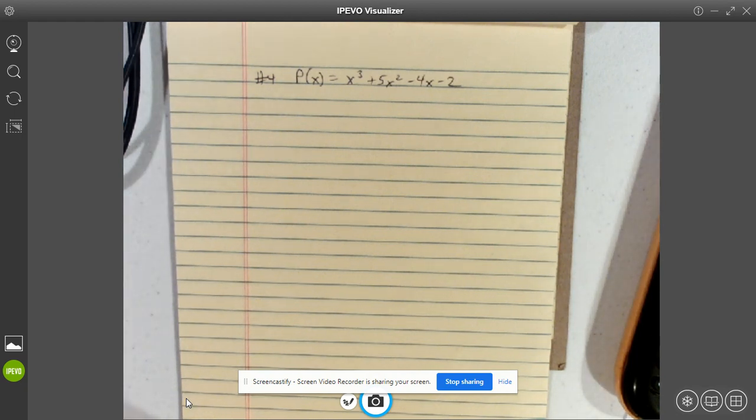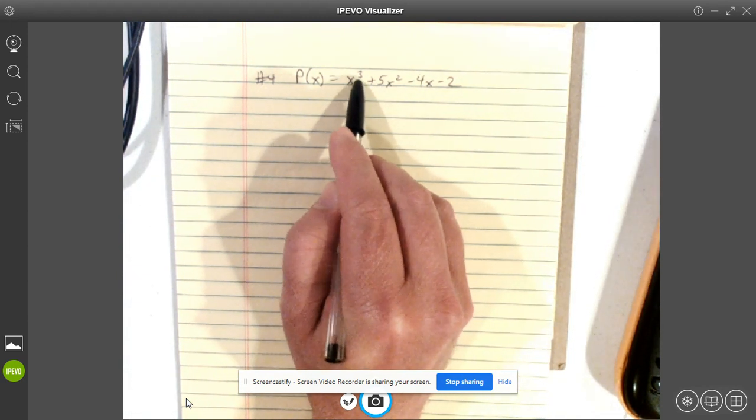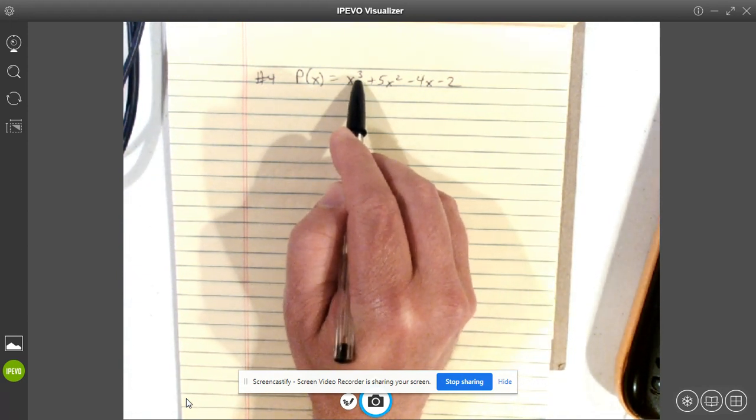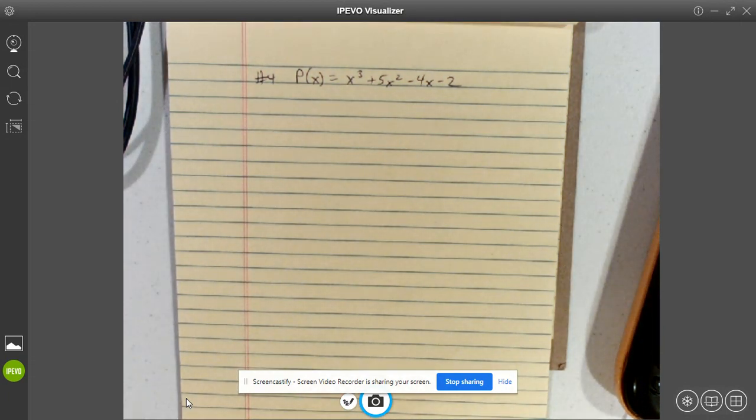I'm going to do it on my notebook paper here, simply because we're going to use the graphing calculator, and that's just a lot easier to show you here. So I want to find all the zeros of this. Remember we talked about, since it's a cubic, I know it's got 3 zeros. Now some of them might be duplicates, some of them might be imaginary, but I know I'm looking for 3